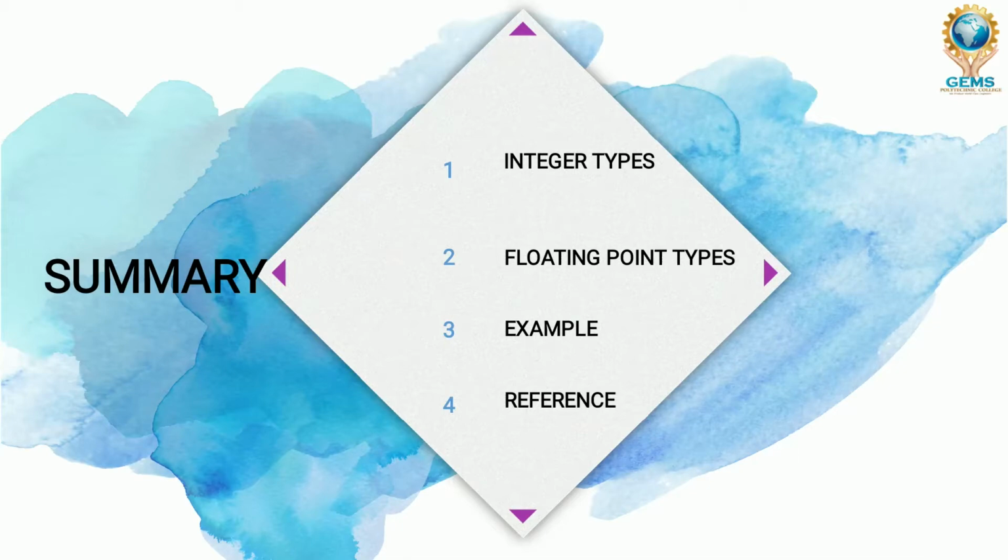Then after that we discussed floating point types. Floating points are classified into 2 types: one is float, second one is double. Float size is 4 bytes and double size is 8 bytes. So float will store up to 6 to 7 digits, but double will store up to 15 digits. If you want to get an accurate fraction value, then you will declare that type as double. So I hope that you understand everything clearly. Here we discussed integer types and floating types with examples.